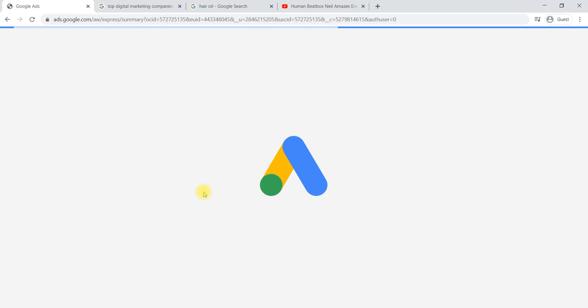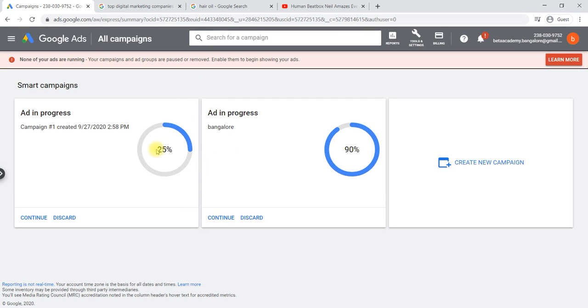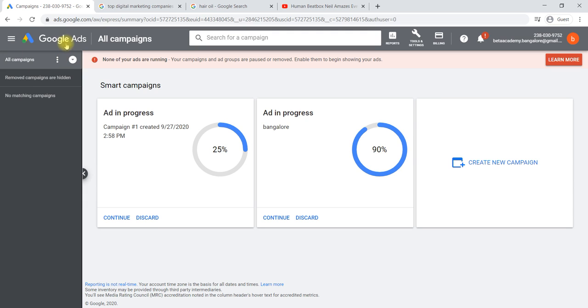It will load your Google Ads account. Once your Google Ads account is loaded, just go to this menu option here and select this one, Google Ads.